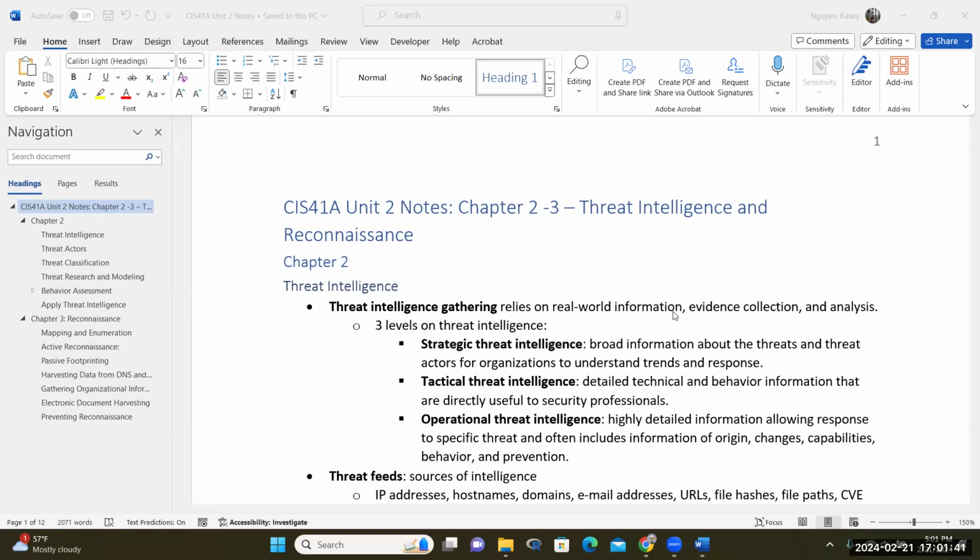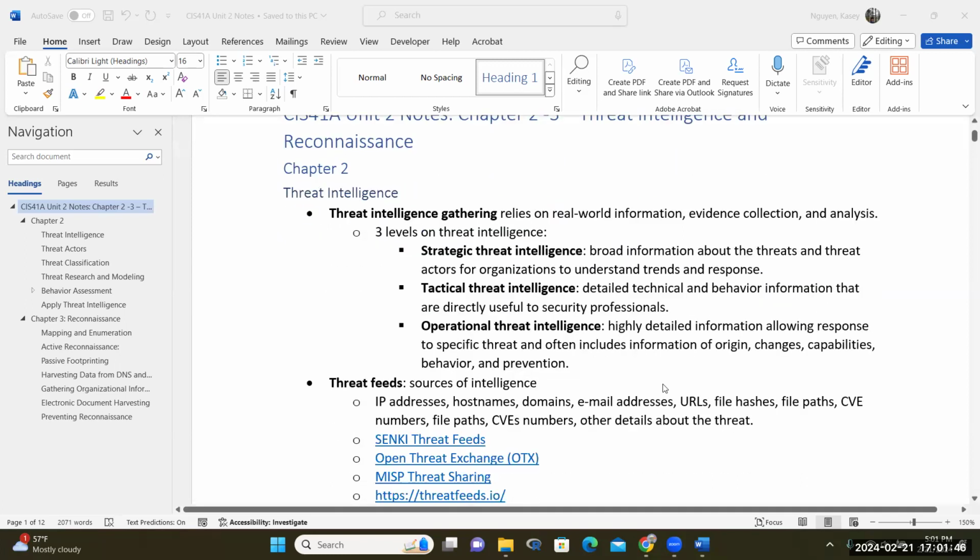So when we take a look at the notes, I try to break it down to 2 chapters for you. We are going to go through the notes and answer some of the questions. The first part is going to talk about threat intelligence, and this is really looking at what you have in your environment or your infrastructure. You have to find as much information as you can, and that's part of the recon. In reconnaissance, you are basically collecting information, and realistically, that could be people, systems, and there are 3 levels